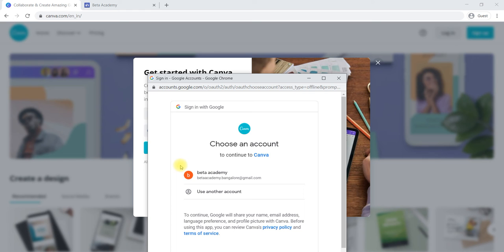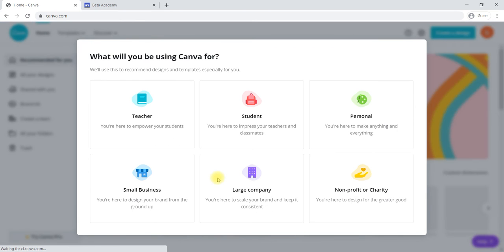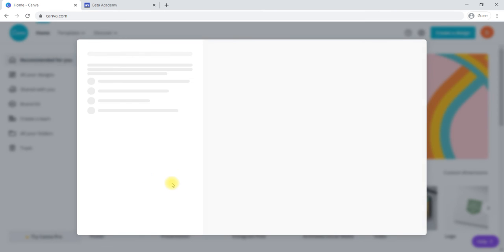It is asking which Google account you would like to use. I will say this particular account I would like to use. Immediately it will create the account. It is asking whether you are a teacher, a student, or what type of person you are. We'll say we are in a small business.